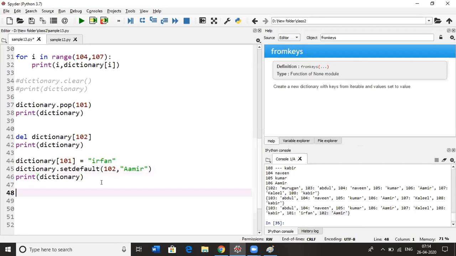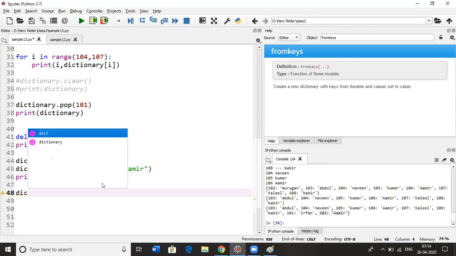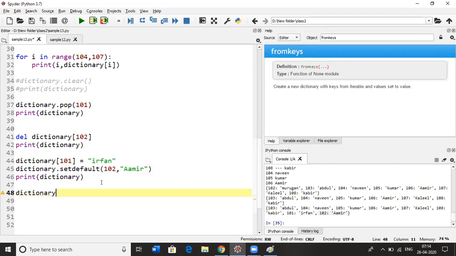If you want to add multiple values, you can use another function we have, update. Dot update. In that dot update, we need to give a dictionary format only.